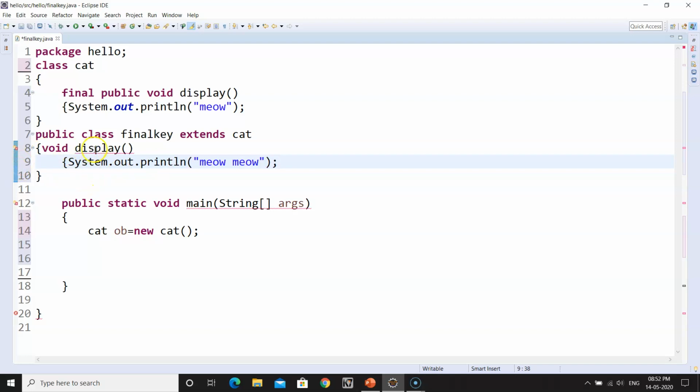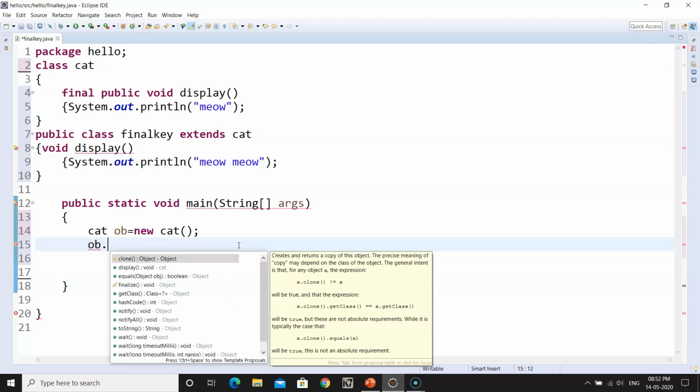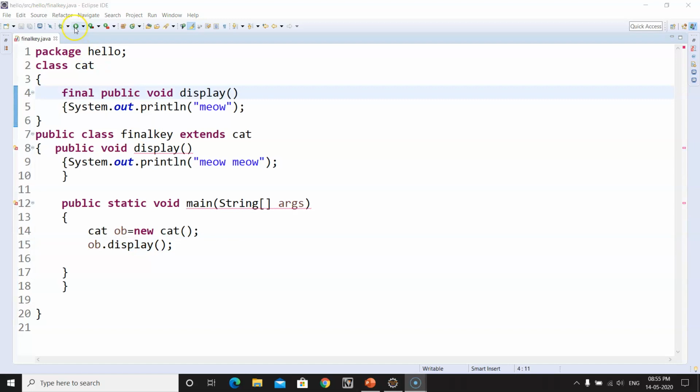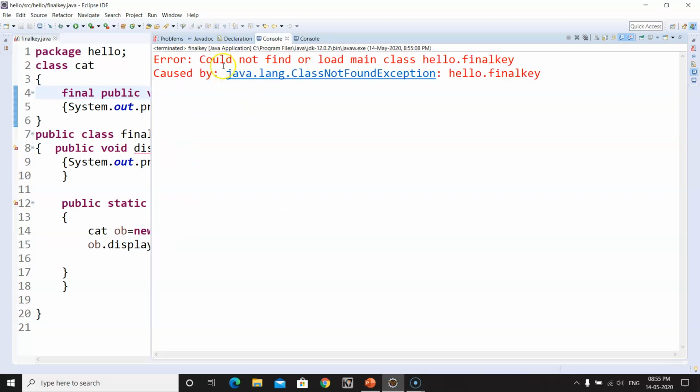Now you can already see there are red lines, so there is some mistake in this program. Now let's call ob dot display. You will see there will be an error saying cannot find or load the main class. Why?